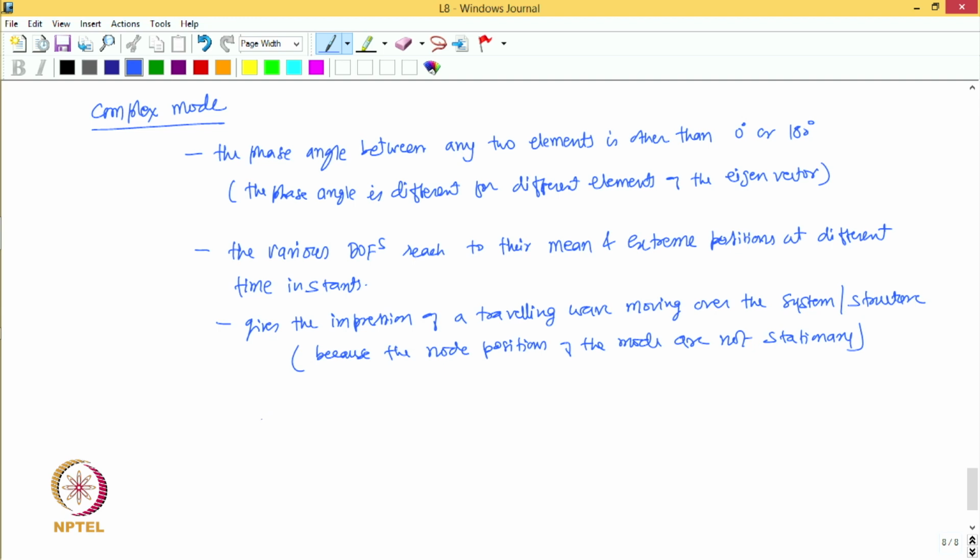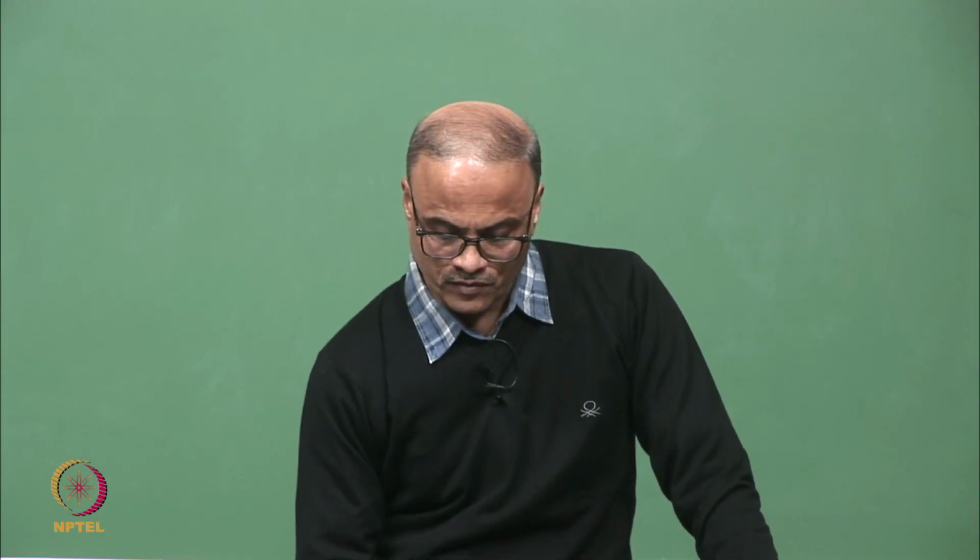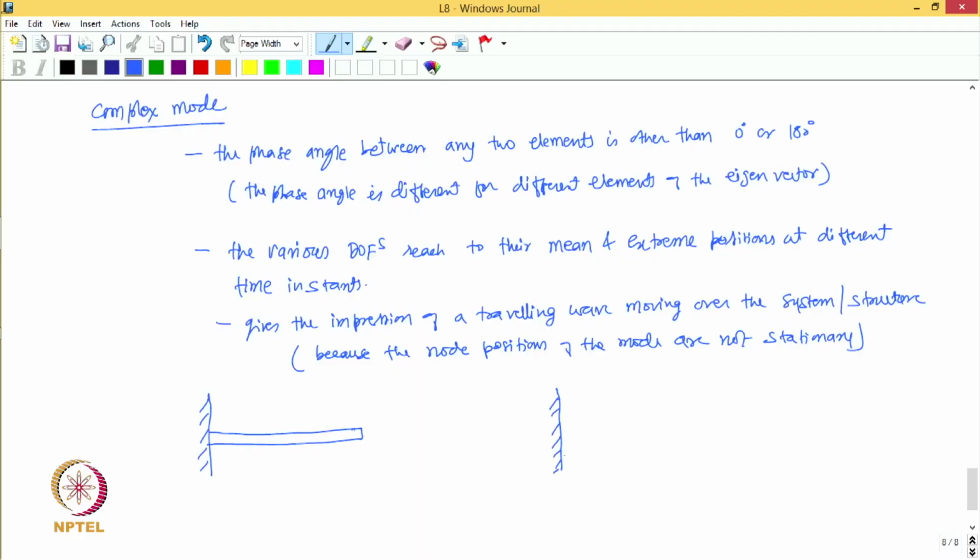So, therefore, if you look at a complex mode, let us take the example of a cantilever like this, and let us try to represent what happens to the animation of the mode when the mode is complex and when the mode is real. So, if I also plot it for a real mode, right. So, if the mode is real,